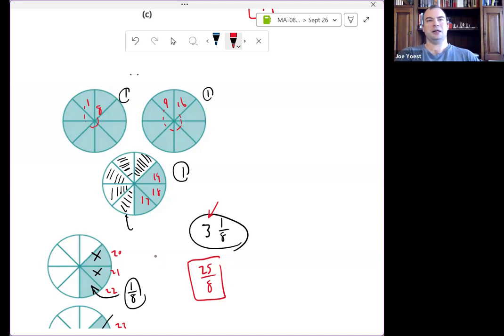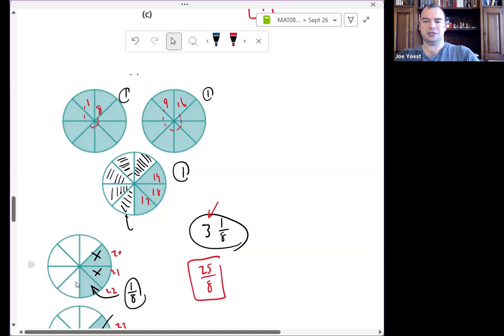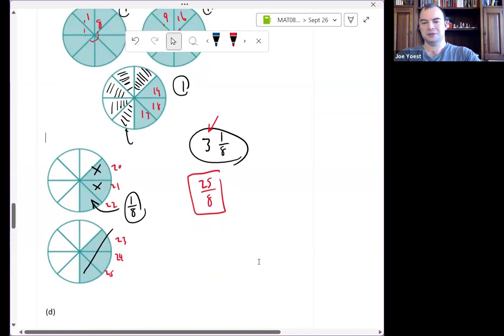If I want 3 and 1/8 cups of flour, I'm probably going to pull out the 1 cup measuring cup, do 3 of those, and then get the 1/8 out and do 1 of those. I don't want to get the 1/8 out and do 25 scoops of an eighth a cup of flour. That's going to take forever. So intuitively speaking, or practically speaking, a lot of times a mixed number is nicer. When working with the fraction in mathematical calculations, a lot of times the improper fraction is nicer. We want to be able to think in both contexts and to go back and forth as needed.